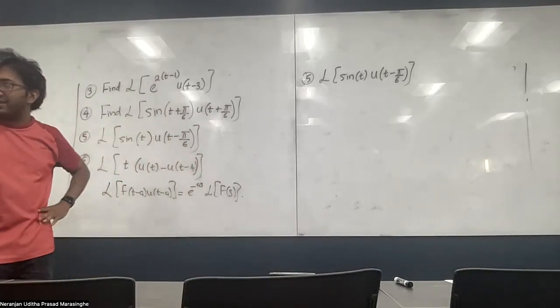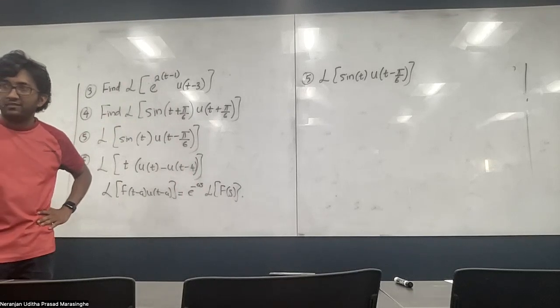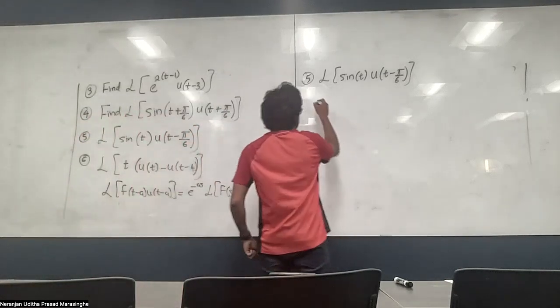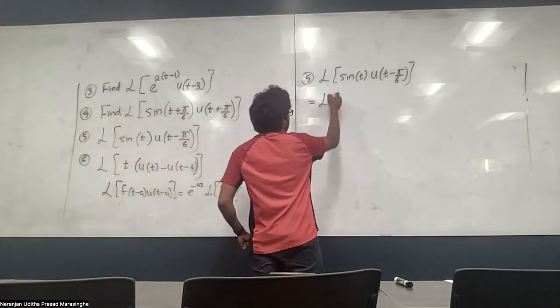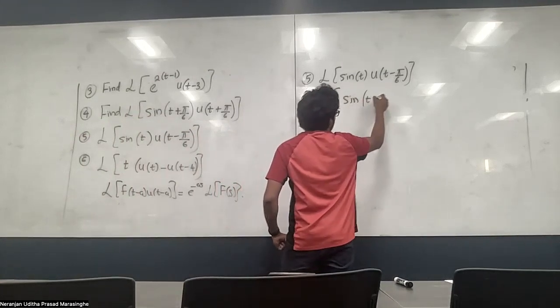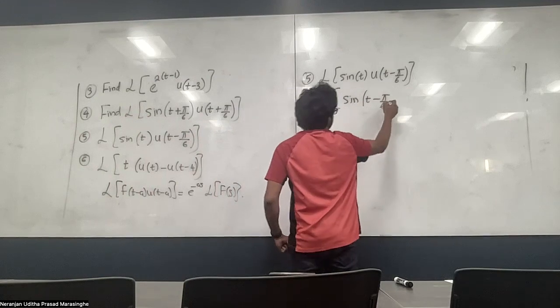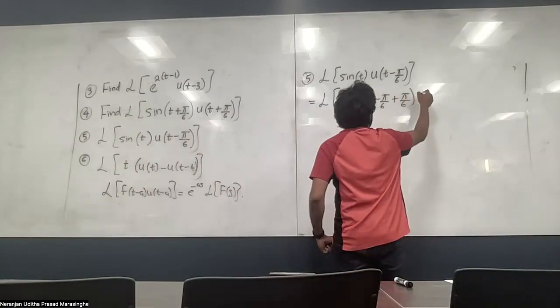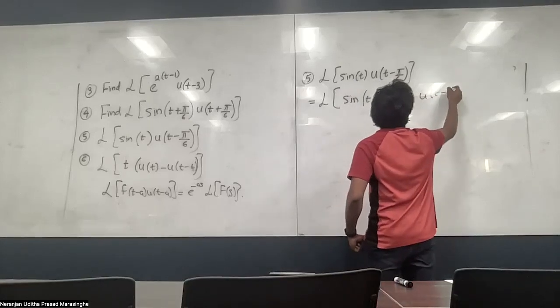That's the trick, right? So how do you make that? Pi over 6 minus pi over 6. Yeah, same trick that I used. Let's insert that. So instead of t, I would write t minus pi over 6 plus pi over 6